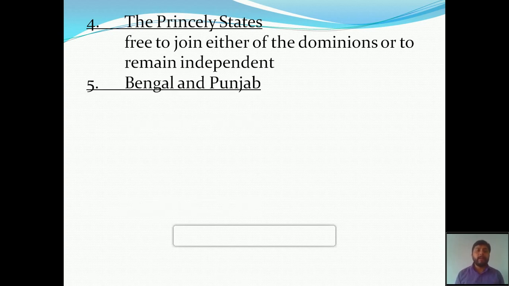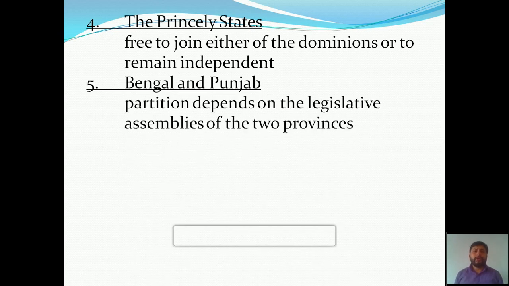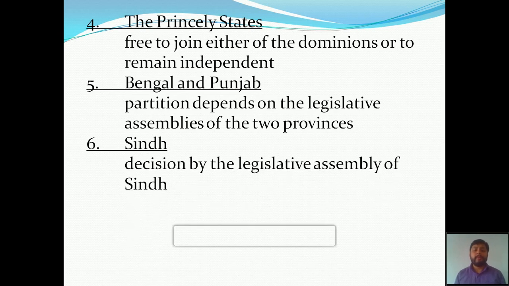And the fifth one is about Bengal and Punjab. Here the partition depends on the legislative assemblies of the 2 provinces. So the legislative assemblies of the 2 provinces can take the decision about the partition. Then the sixth one is about Sindh. Here also the legislative assembly of Sindh can take a decision about the partition, whether they want to join